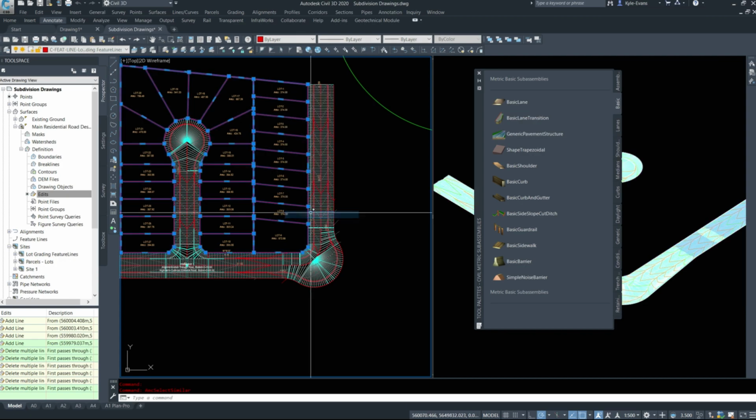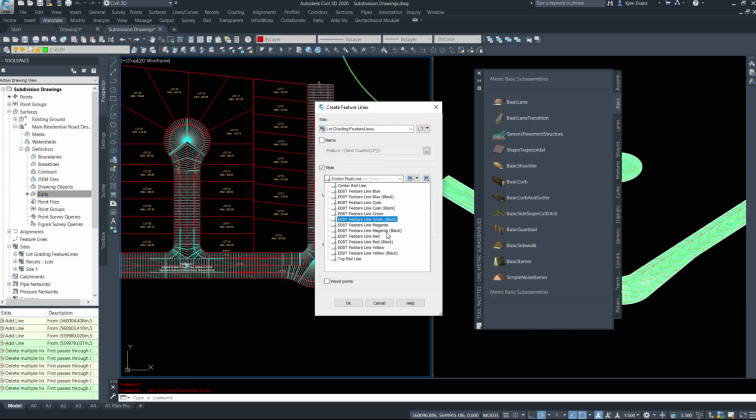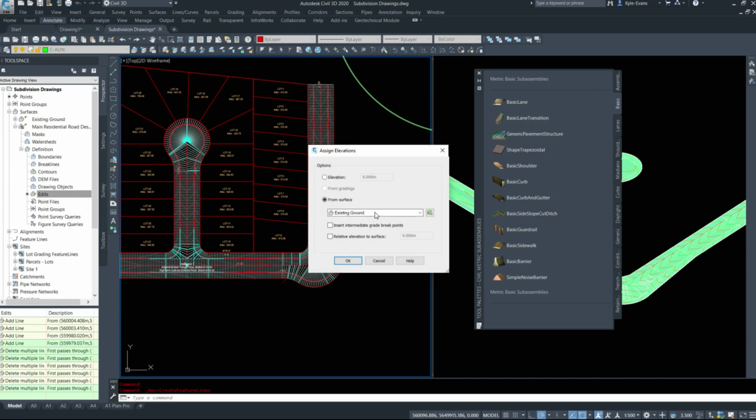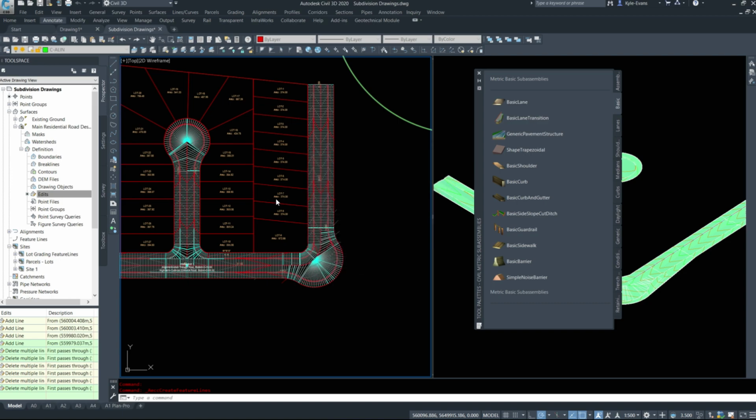So I'll do a select similar, grading, create feature lines from objects, lock grading feature lines, again make them magenta, erase existing entities, assign elevations. We want these from our main residential road design, and we want them relative to the surface by 0. So if our corridor moves up and down vertically, these feature lines should pick this relative elevation from this surface and adjust with it. So I'm going to hit OK